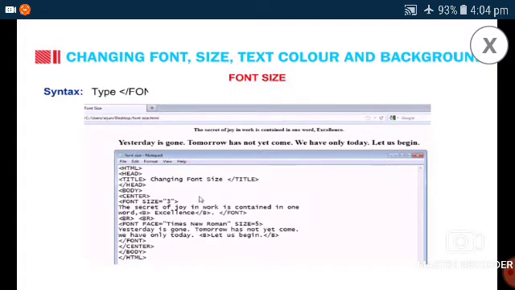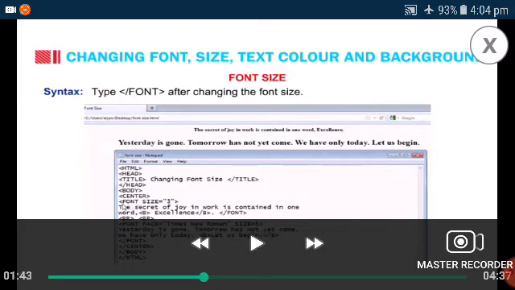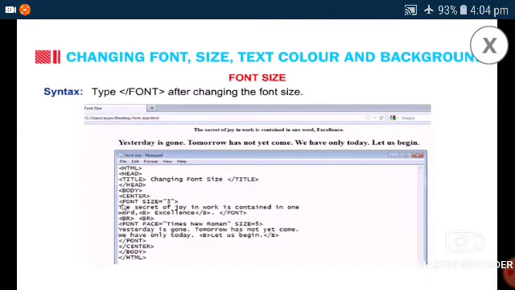Okay, see here in this program what you observe. HTML, head, title, change font size, and here complete. After that the title is completed, so the title tag is closed, and after that head also closes, head complete. After that, body.